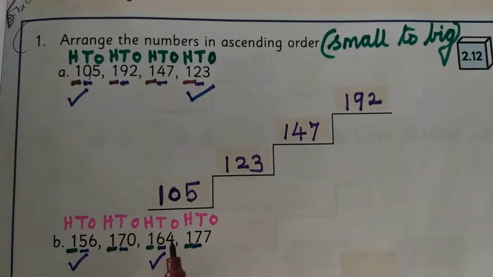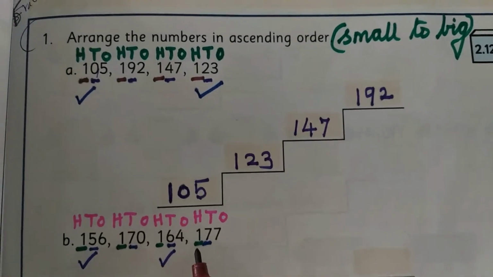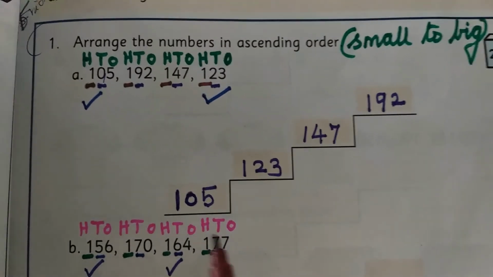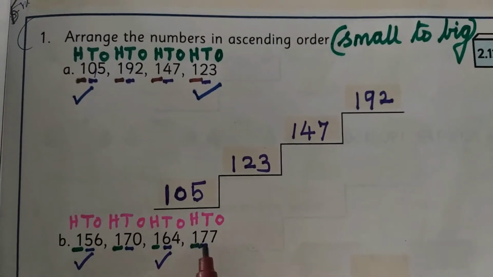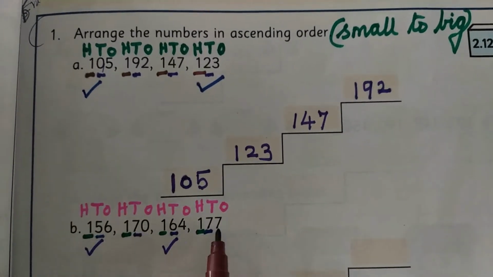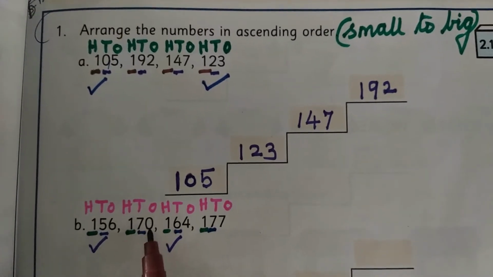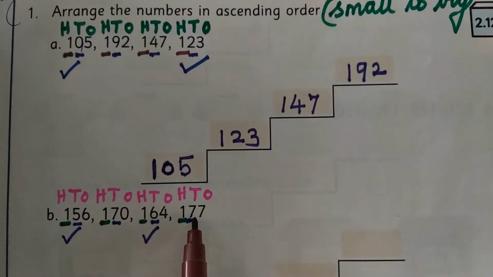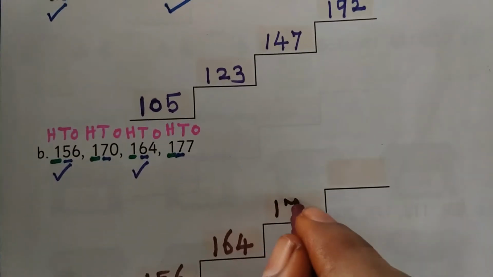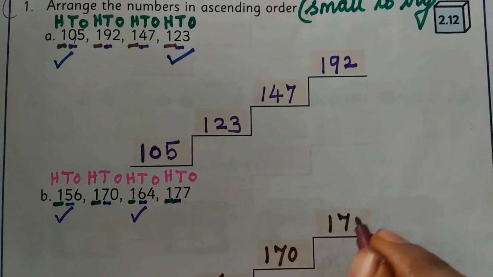Okay. Now next where we want to see children. So same 100 same tens means we cannot compare. So next we will see the ones place. Yes, very good. For the second number we have 0 ones and the last number we have 7 ones. Okay. So which is the smallest number? Yes, 0 ones. So 170 is the smaller number when it is compared to 177. So you want to write here 170. Then the last number we want to take and write as it is 177.